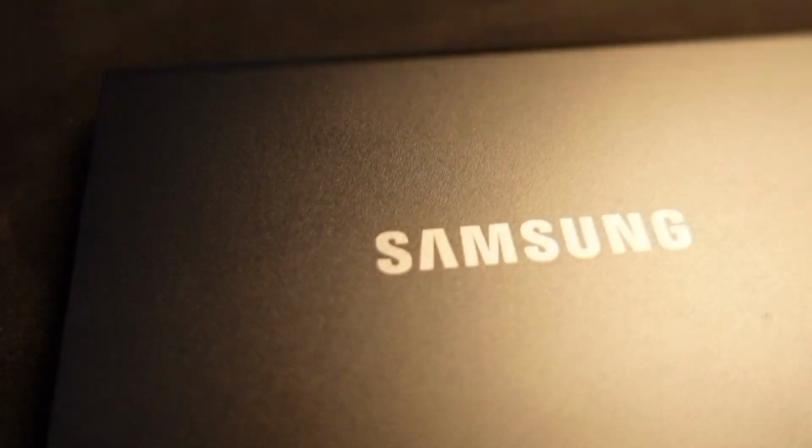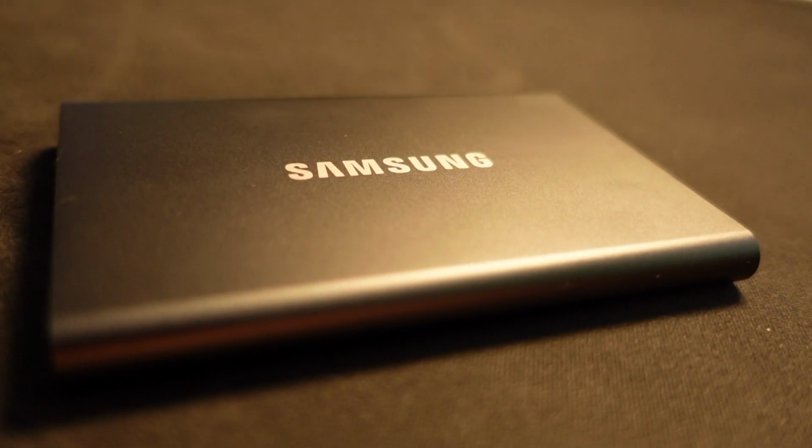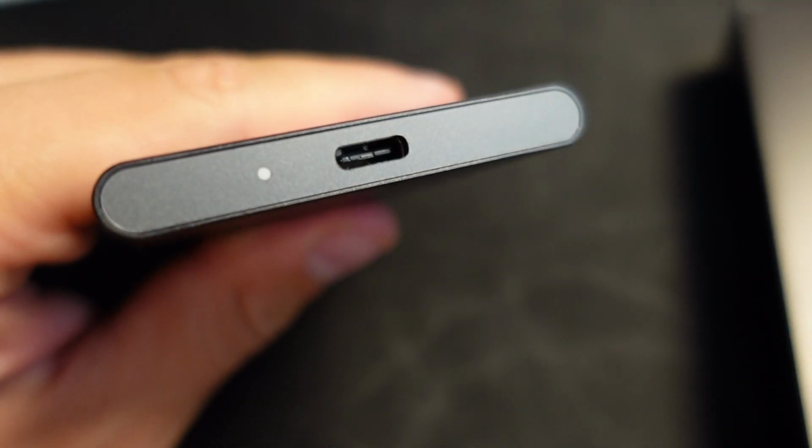This is a 1 terabyte hard drive. As you can see, it's about the size and thickness of a credit card. This thing is tiny and light. It's a neat, nifty little package. It uses a USB-C to USB-C connector, or a USB-C to USB-A connector you can choose, and actually comes with